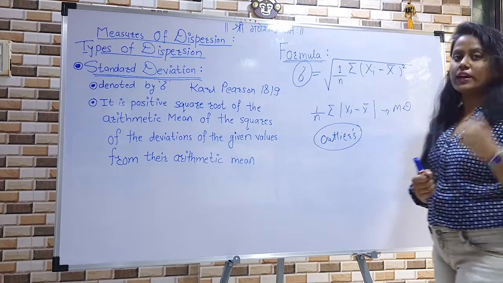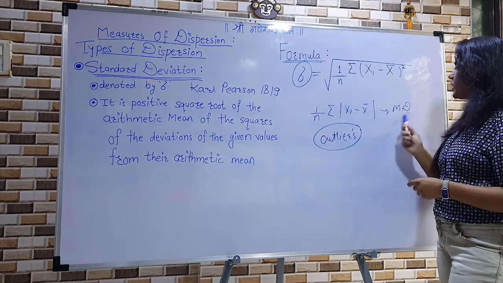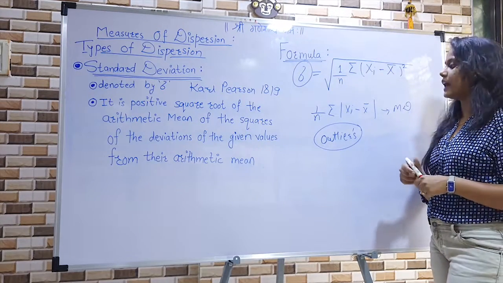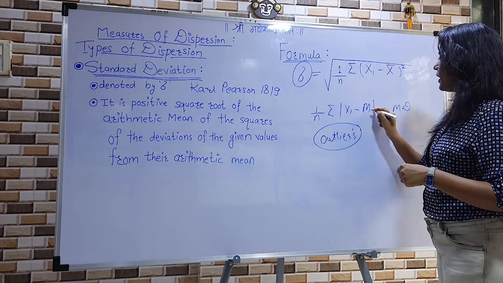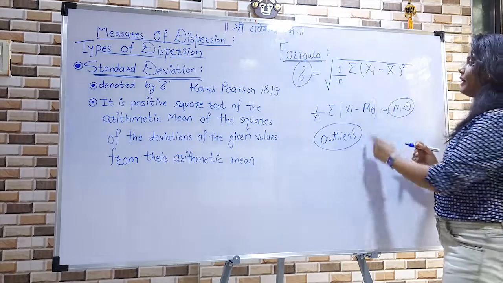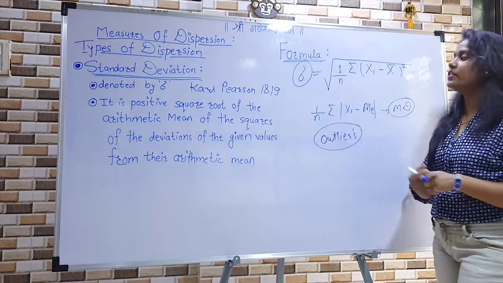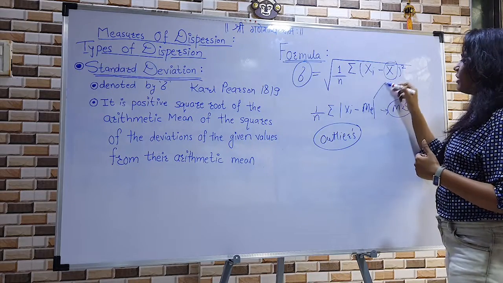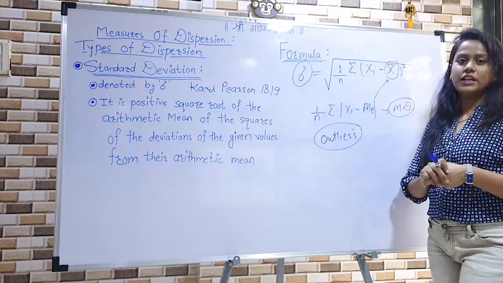Now one question for all of you. When we were talking about the mean deviation, we made the statement that the mean deviation, when taken around the median, is the least. And here, when we are defining the formula of the standard deviation, we are taking the mean, and why not the median? If you know, just let me know in the comment box.